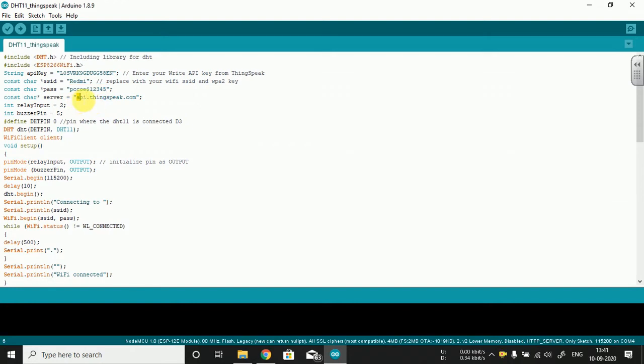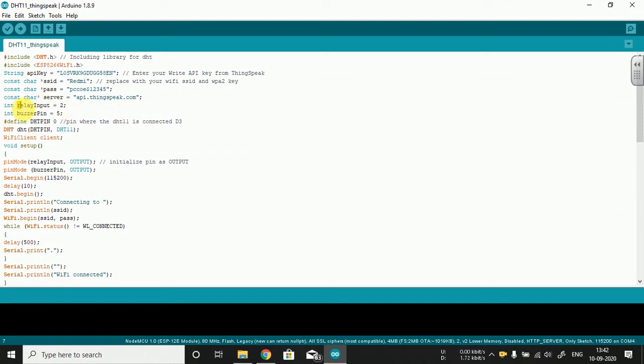Next, we need to define the name of your server. api.thingspeak.com is the associated server, because ultimately we need to create our respective URL from which we can upload the data onto the ThingSpeak cloud, and not only that, but also access the data in real time from your DHT11 sensor.